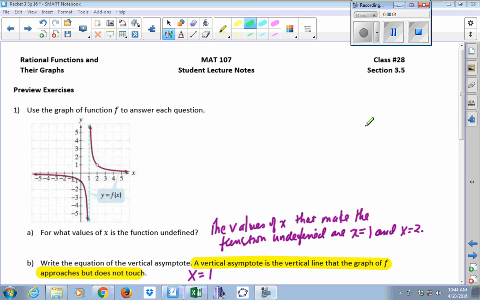We're going to start a new category of functions. We've just been looking at polynomial functions, and now we're going to be looking at a category of function called rational functions. And we're going to spend 2 days on this instead of trying to cram it all into one day. So a rational function, we'll be looking at the definition for it in just a minute, but here's a graph